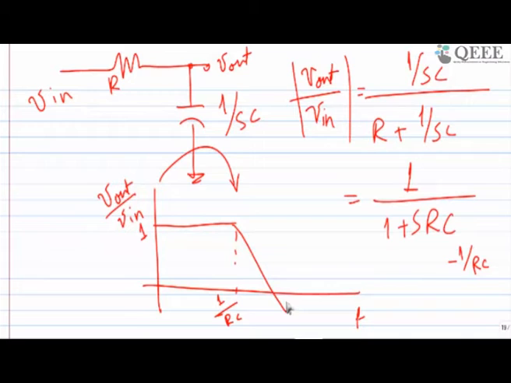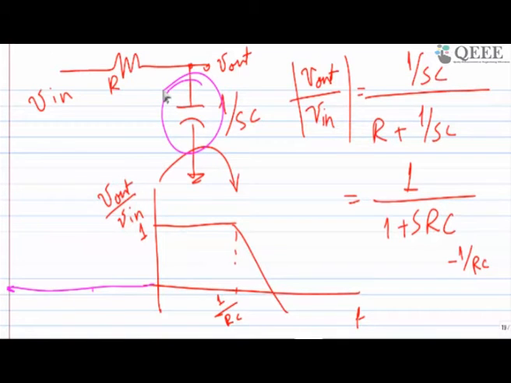Maybe you have already seen this plot and it is known to you, but this is also known as a low pass filter. The same thing can be seen on the minus side if you want, but I am not interested in that side. I am interested only in the positive side. This circuit is limited, or has a problem, between input and output because there is a capacitor. If there is no capacitor, there is no problem. I can have V out equal to V in for infinite frequency.